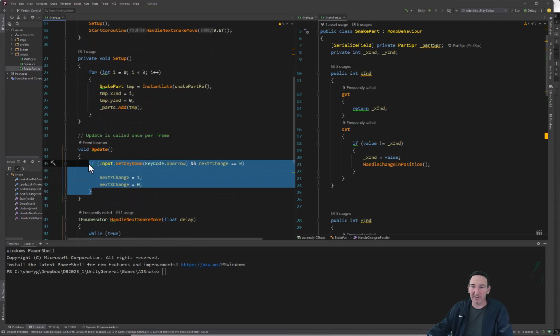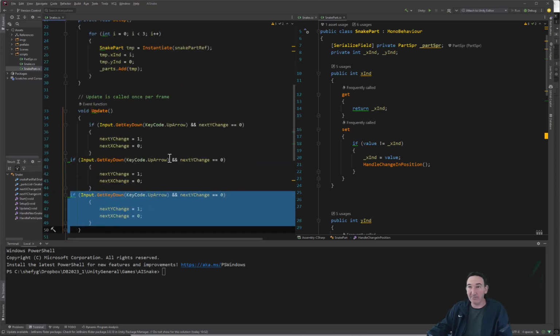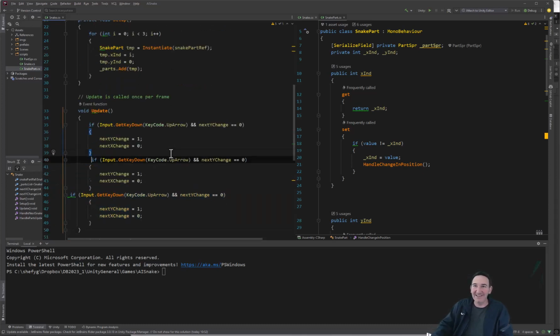And let's just do all the other sides. So I'll just mark this, mark till here, so when I duplicate, pretty good, not great. So let's do else if up arrow, down arrow, and next y change is 0, and this one will be -1, and this one